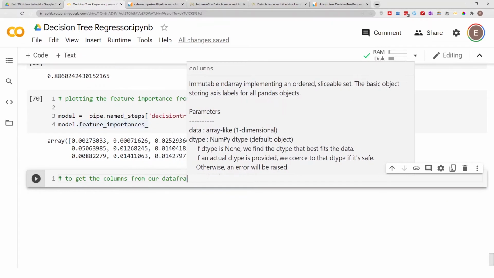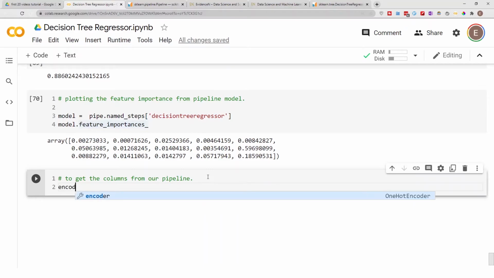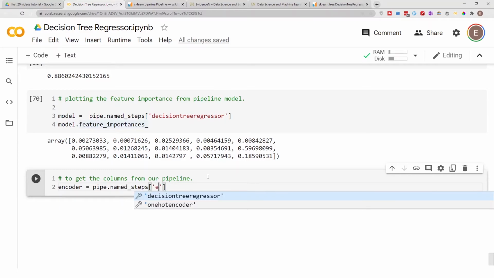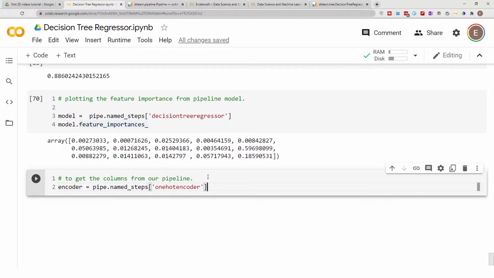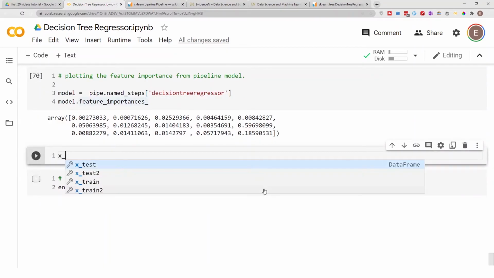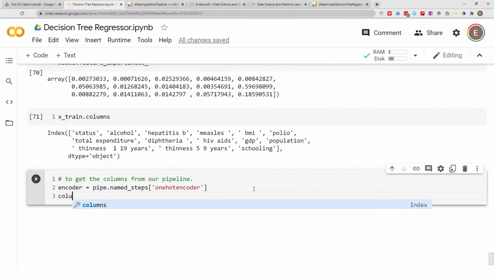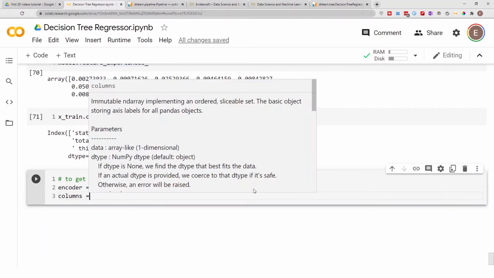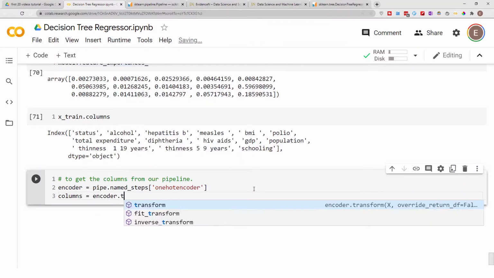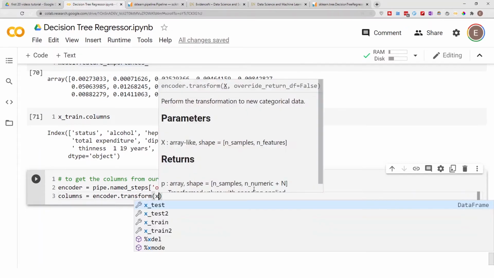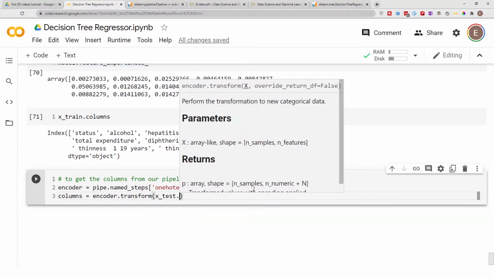from our data frame, you do encoder is equal to pipe.named_steps, and this time we want to do the encoder. So we want to pull out our columns. After doing the encoding process, our columns change, right? So if I just do X_train.columns, now if I do something like columns is equal to encoder.transform X_test.columns,